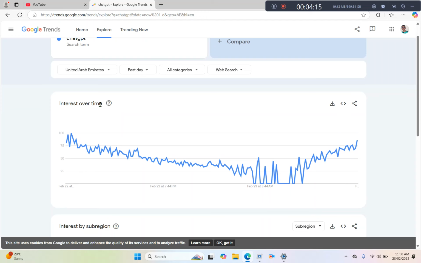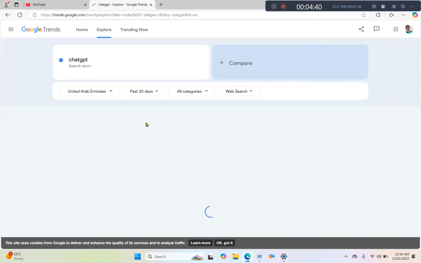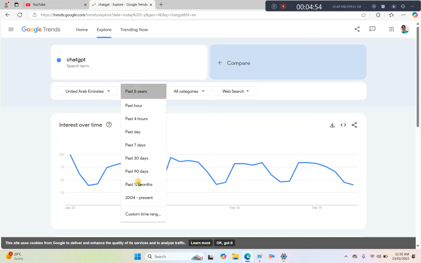Below, under interest over time, you can see the graph which is high at some times, becomes low, and becomes high again. You can change the metrics by changing this option. Instead of past days, you can use last 30 days, 7 days, or 30 days or more. These four options are helpful for you to navigate or research more about the topic. You can see there are more fluctuations. You can even click and search for the last 5 years of